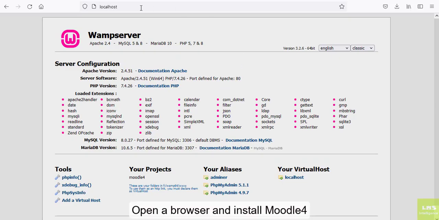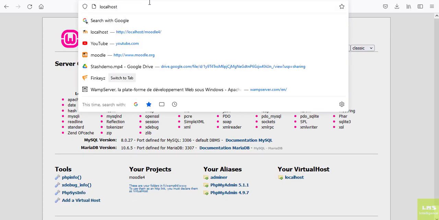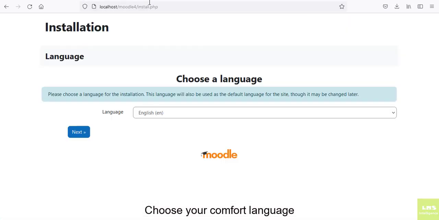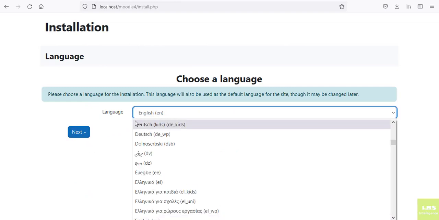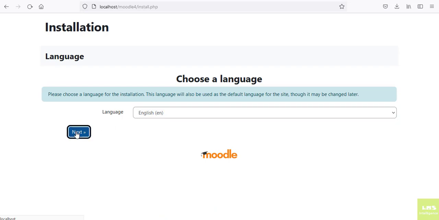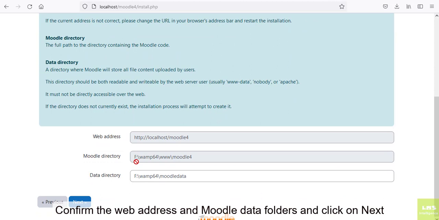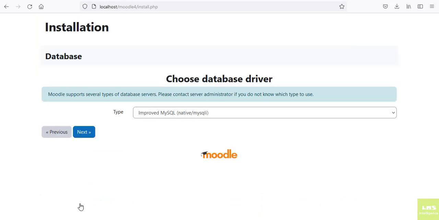Open a browser and install Moodle 4. Choose your comfort language. Confirm the web address and Moodle data folders and click on Next. Choose the database driver